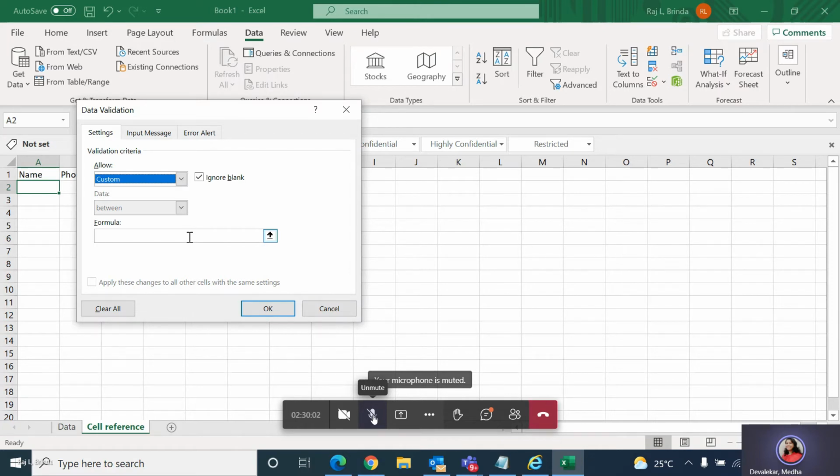Ma'am, so in the formula we can add regular expression, is it? Yeah, it's like a regular expression. With the help of the equal to sign you can use it, and I guess for alphabet there is something in curly brackets, you can write A dash Z, so that it will consider only alphabet.